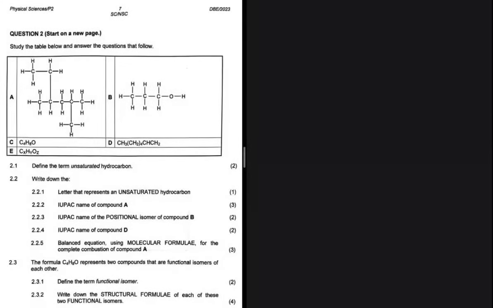Define the term unsaturated hydrocarbon. Right, so it is a hydrocarbon that contains a double or triple bond. Right, so that is 2.1. Let's look at